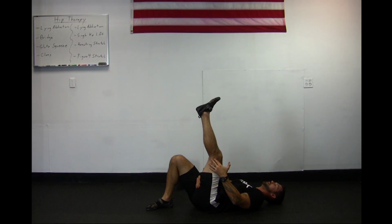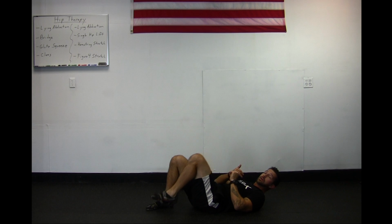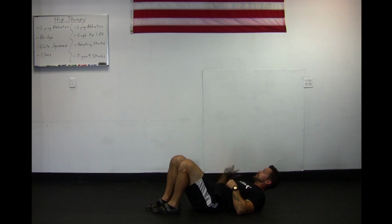get that good hamstring stretch. Everything else is relaxed. Nice, good stretch. Again, holding for 30 seconds or more, and then relaxing. From there, we're going to go into our figure 4 stretch or your piriformis stretch, whatever you